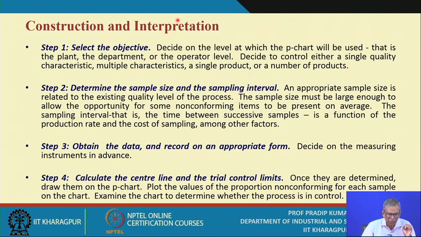Then step 3, you have to collect the data and record it on an application form. Many a time, you need to design the data collection form. At step 4, calculate the center line and the trial control limits. For that you need to use the formula,